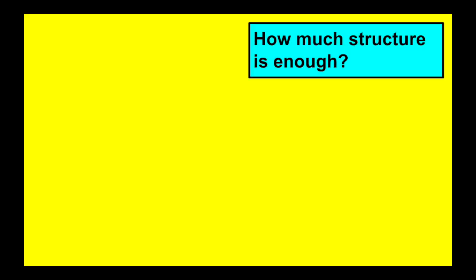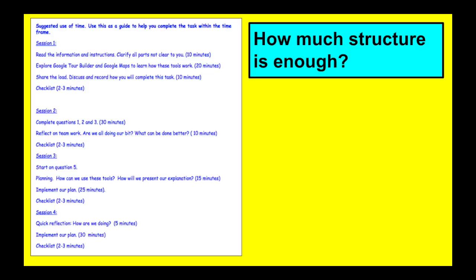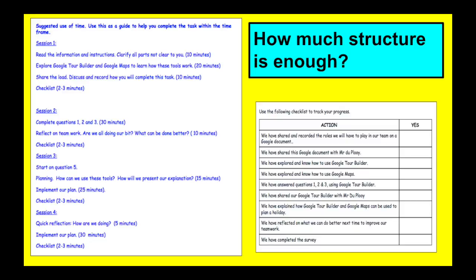So I added these suggested times to help them stay on track. This proved to be not needed, as the guide was only used as intended during the first session where I used it. Because teams worked at different rates, they were at different points when we started the next session, so I couldn't use the time again. Neither did the students. I also added this checklist afterwards because I felt like I was throwing them into the deep end. All but two groups used the checklist, so this was useful.